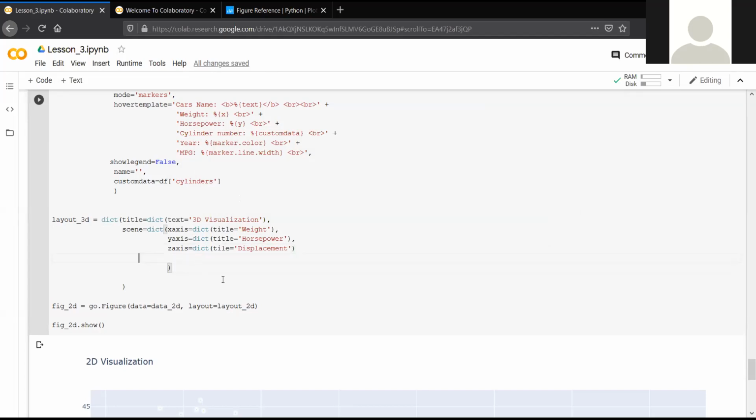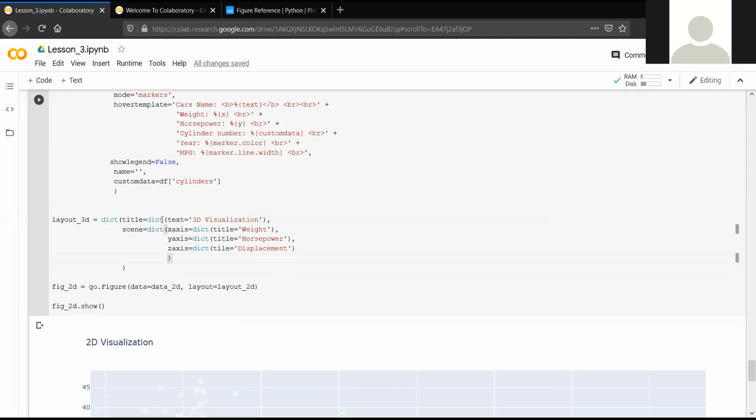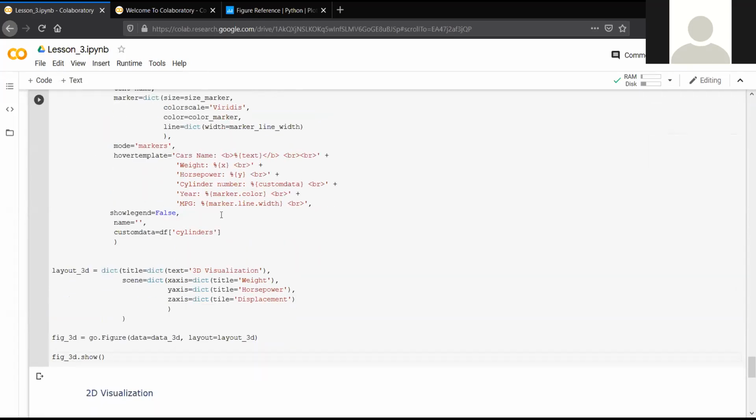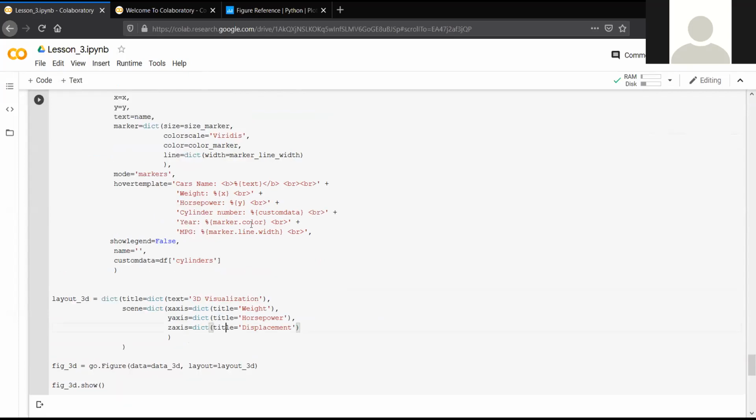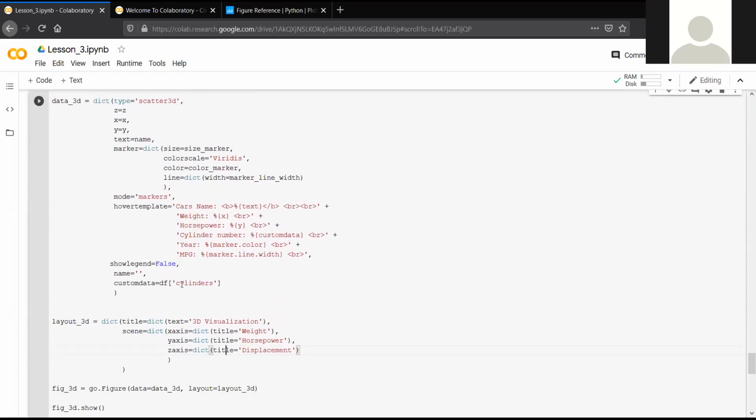This is just for code visualization purposes, so don't worry. Since we didn't make a new one and only changed the name, let's change it here as well. So 3D. On the axis, title. And if I didn't miss anything here,